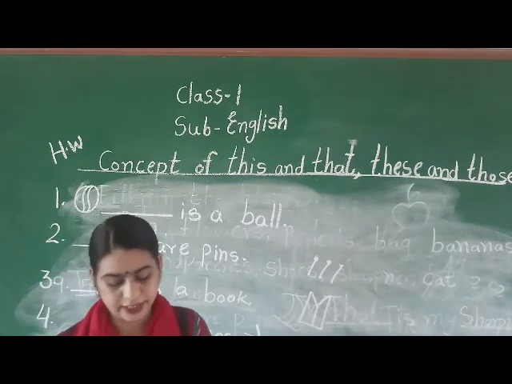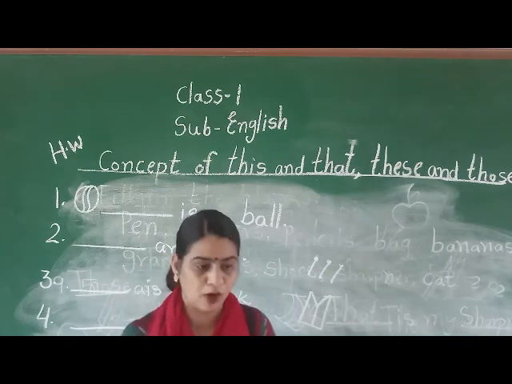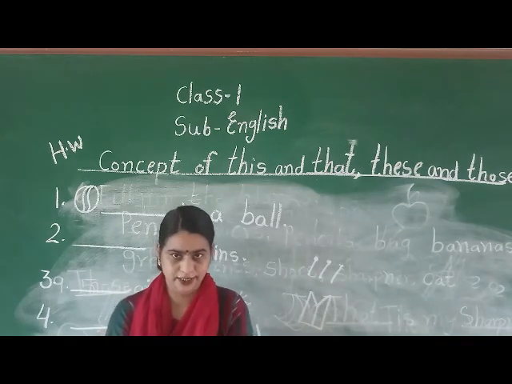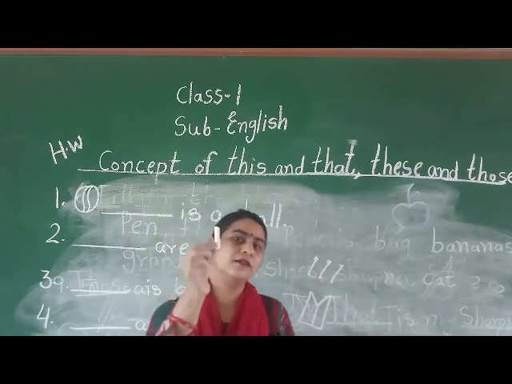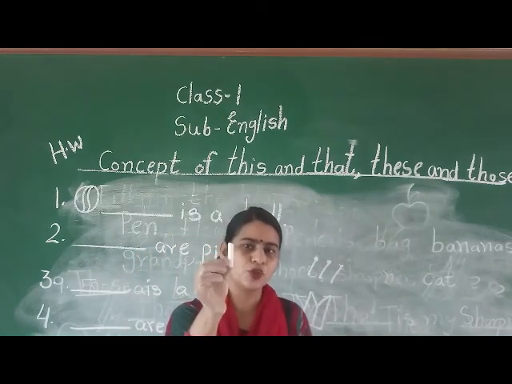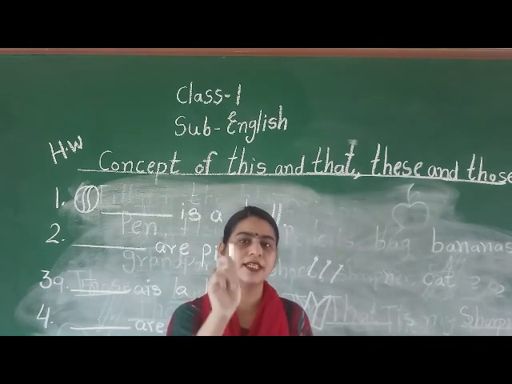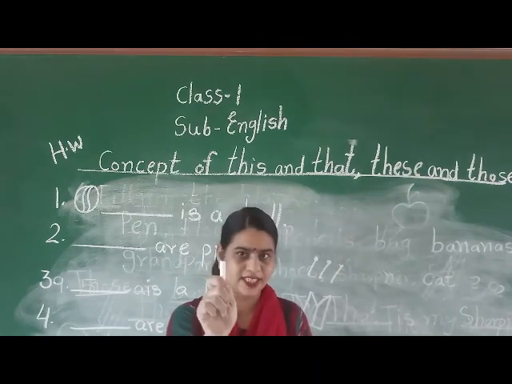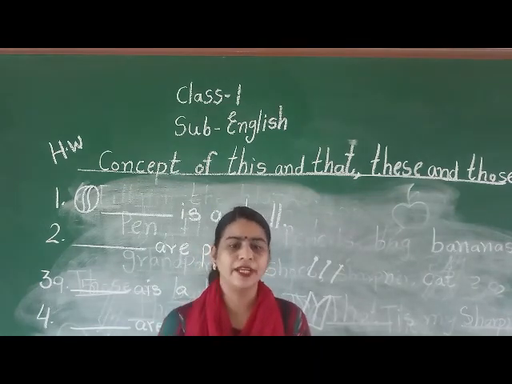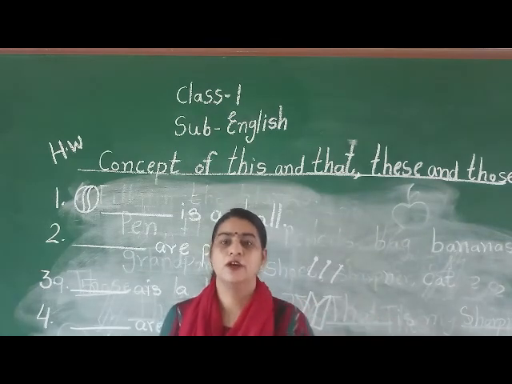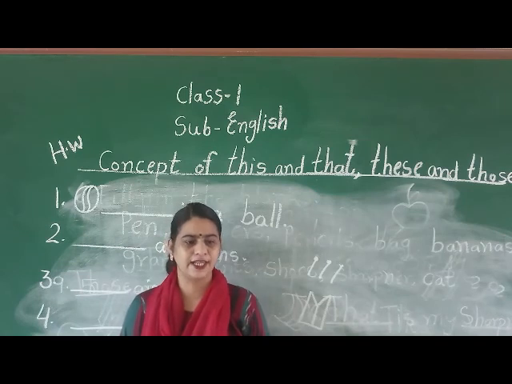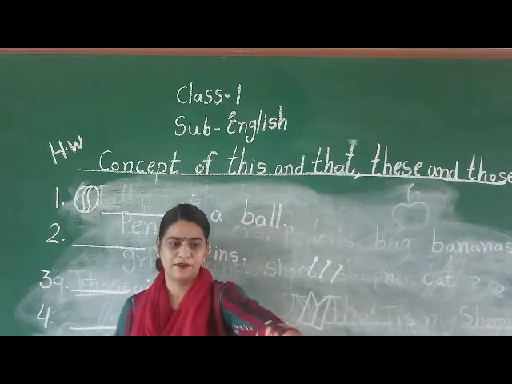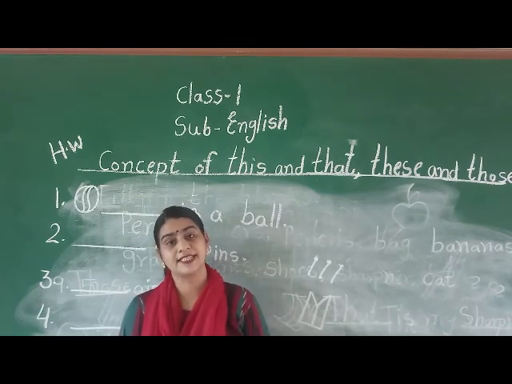I already explained when you see the object practically and it is nearby, like this is a chalk, and how many chalks do I have in my hand? Only 1. So I will say this is a chalk. But if I am standing here and some objects are kept away from me, like a glass, I am seeing the glass is away from me. So what I will say, that is a glass.